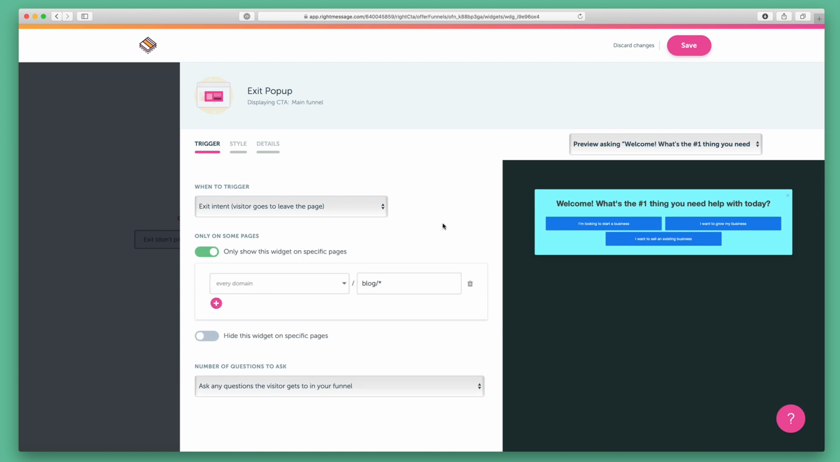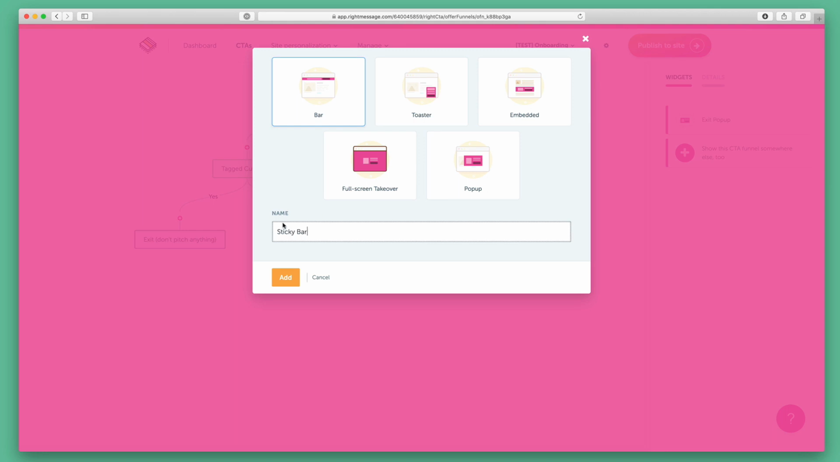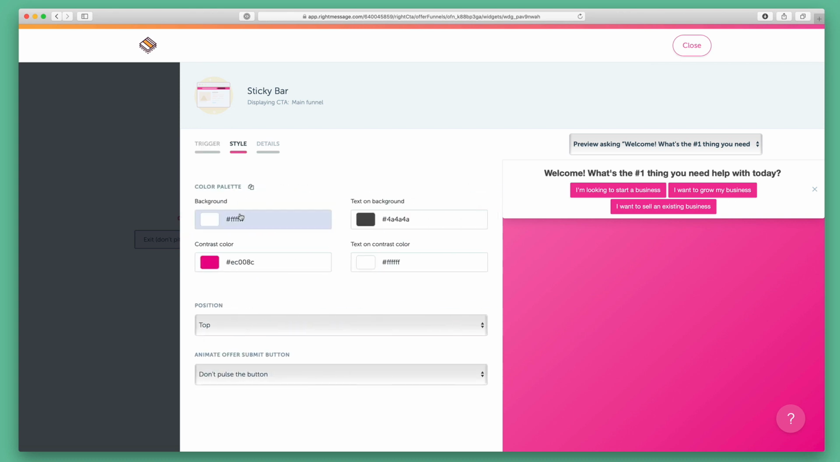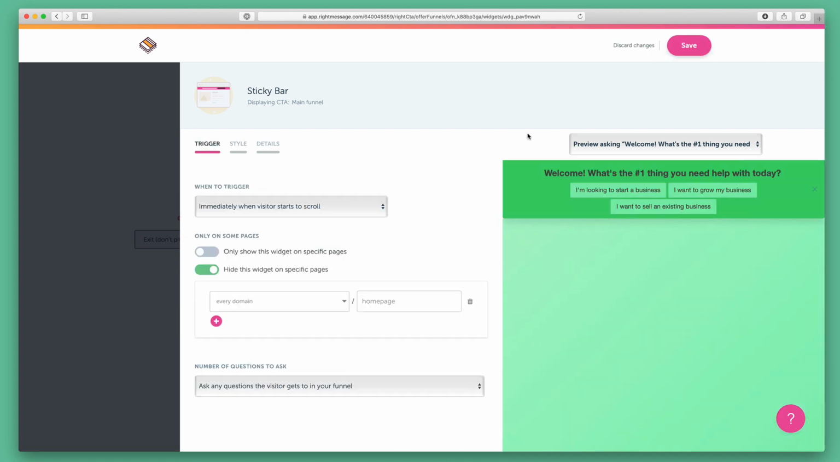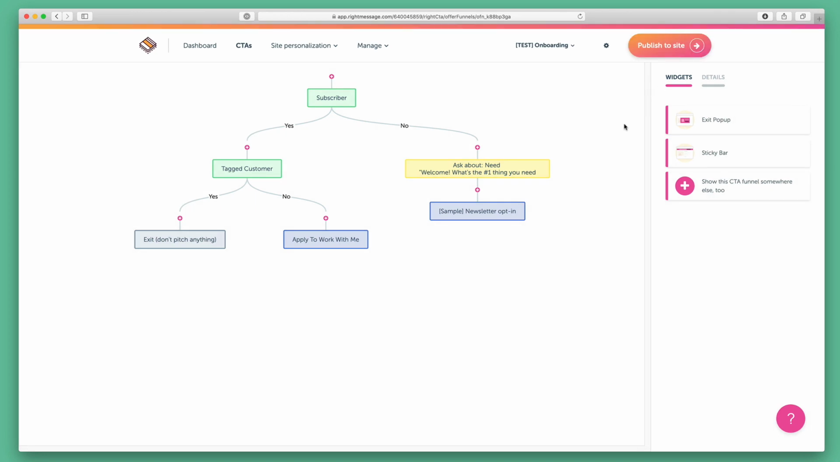All right, great. Now I'm going to add a sticky bar, which is going to be an alert bar that's at the top of my website. And now let's go and maybe we'll make this one green. I want to get creative and change things up a bit. So I'm going to make this a nice shade of green. And now I've got, again, two different ways of showing either the question that I've set up, which is, why are you here? Or the offer, whether it be to get on my newsletter or to apply to work with